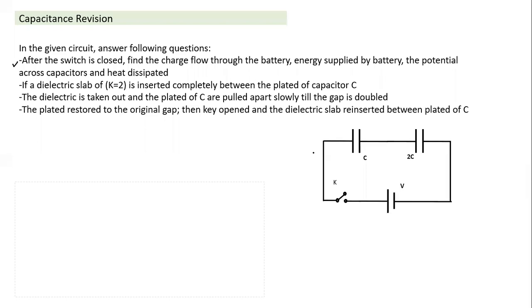Now, what has happened? This was the initial state, the switch was closed. If a dielectric slab of K is inserted completely between the plates of capacitor C, so we have inserted a dielectric slab of K equal to 2. The moment we insert a dielectric slab, the whole circuit will change again. So when this is done,